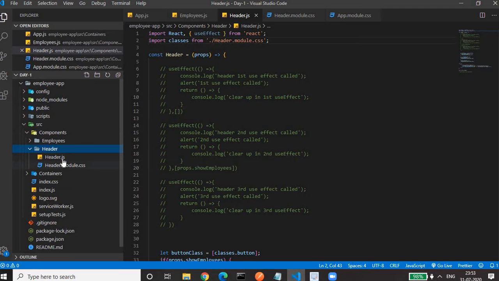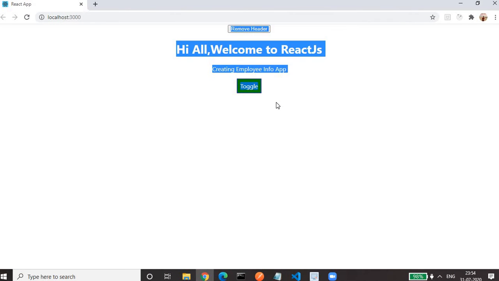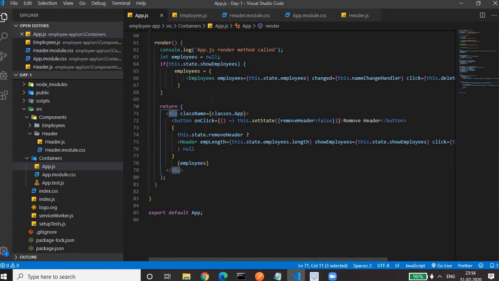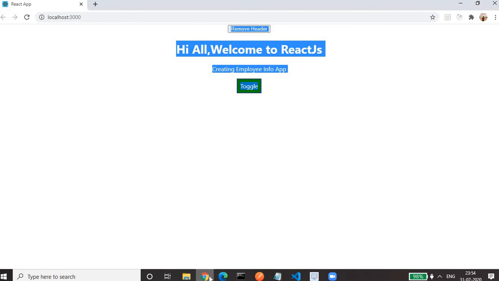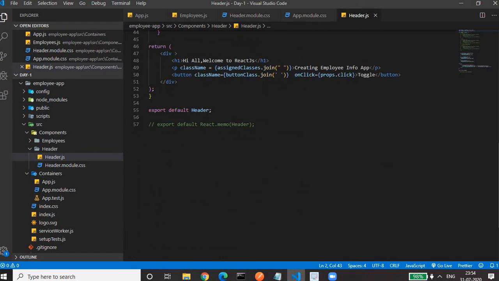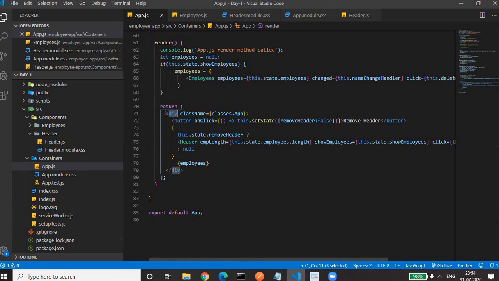In the header component, if you open it again, the entire code is present in the header component. See, if we go to the app component, we won't see this, "Hi all, welcome to React." All this text we won't see here. Your entire code is moved to the header component. So in the header.js file, we will see all those codes, all the text, "Hi all, welcome to React.js." So these are the changes so that our app component render method contains a minimum amount of code.